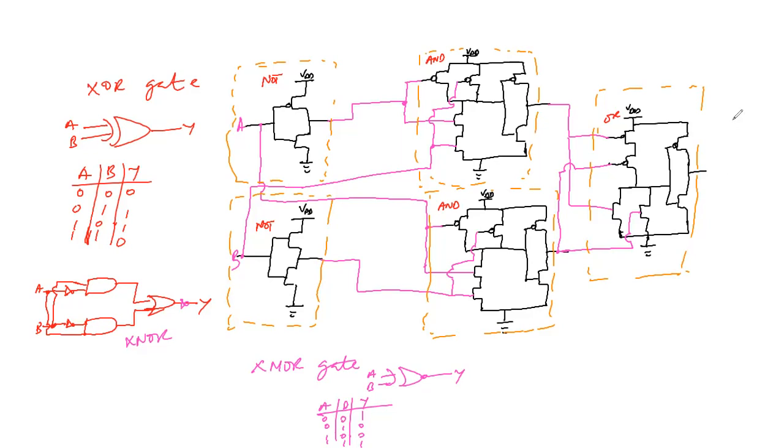So all we need to do now is to include the NOT gate there. This we do here, and then this we do as well. So this is exclusive NOR, right? So it should be noted that the